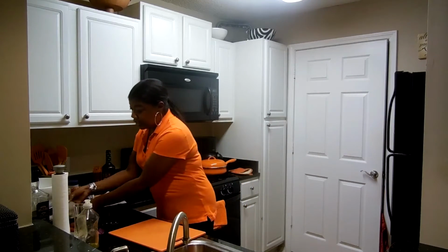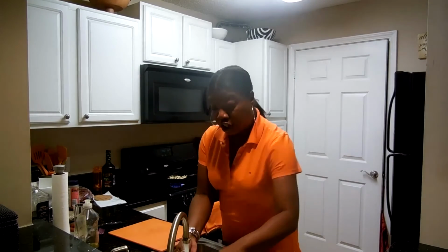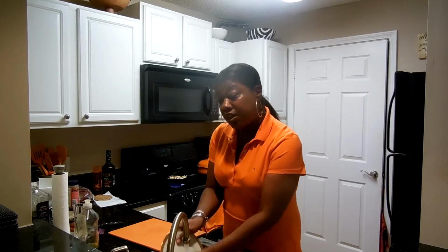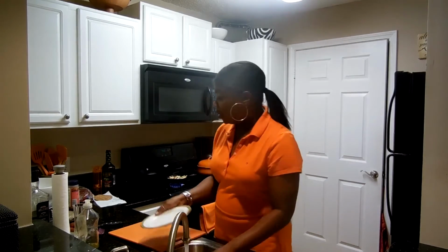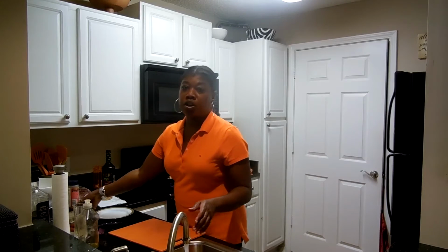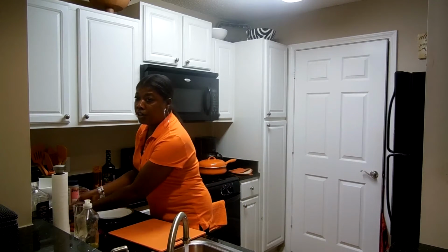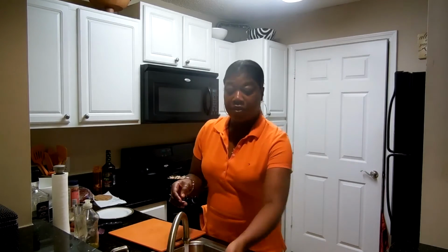So while that's cooking, I'll start on my burger. I have lean ground beef. Now, when I go to the grocery store, there's 3 different percentages of ground beef. You have the 23%,